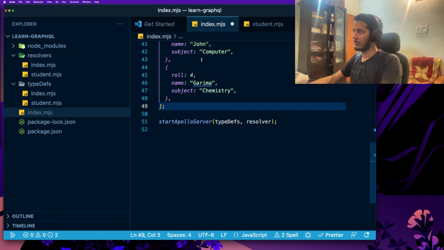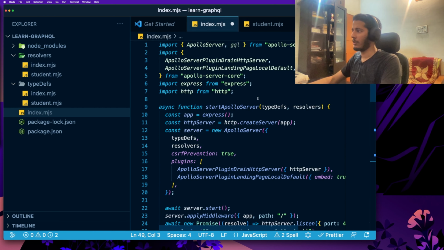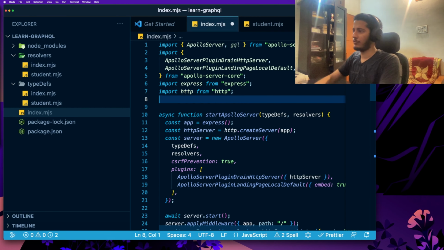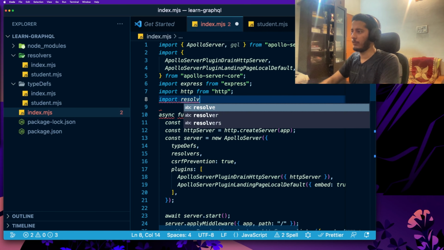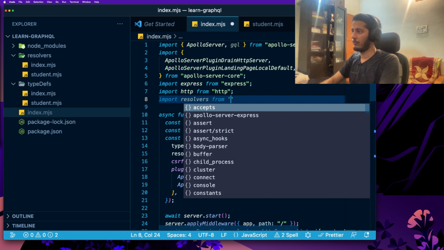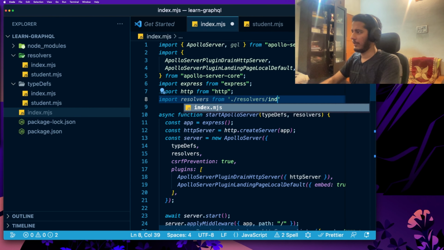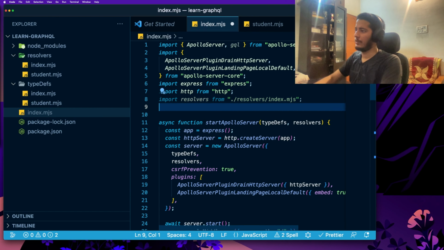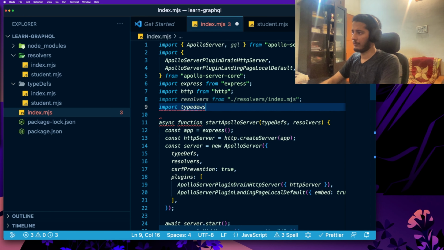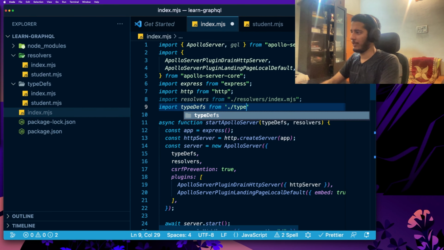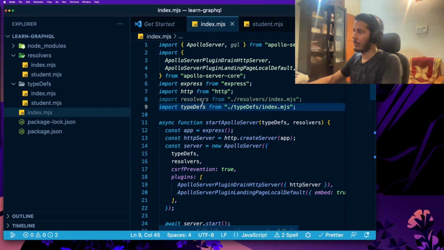So once you have your resolver and your type definitions in separate folders, the next obvious step is basically to import them. So let's import resolvers from /resolver/index.js, right? And then the next thing you need is your type defs from /typedefs/index.mjs. Once you have both of them,